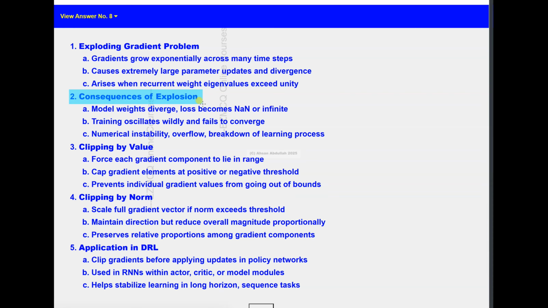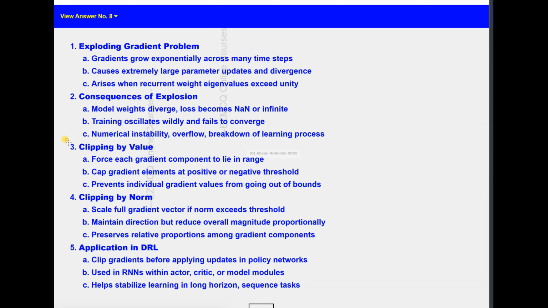Instead of converging, it leads to diverging weights. It results in numerical overflow like NaN, not a number, or division by zero or infinity, or it can result in oscillatory loss. And of course, when it leads to diverging, it is a failure to converge. So the training becomes unstable and it is often unrecoverable. So that's a big loss.